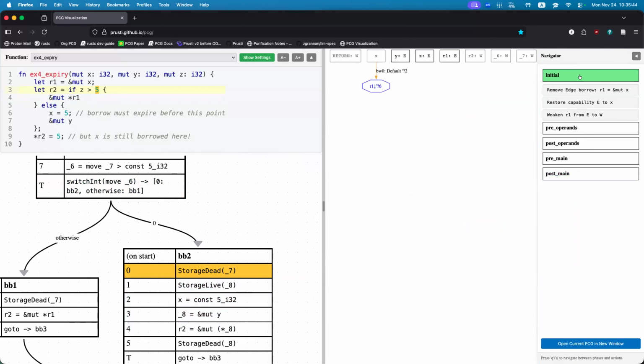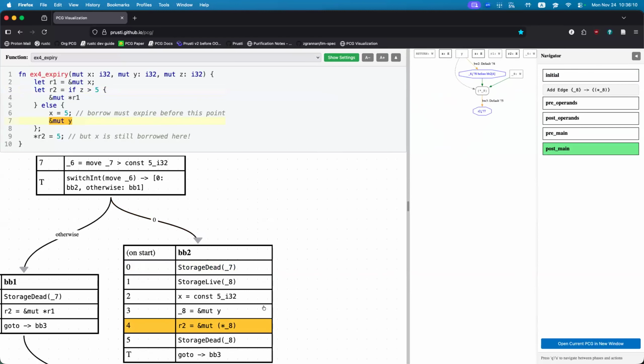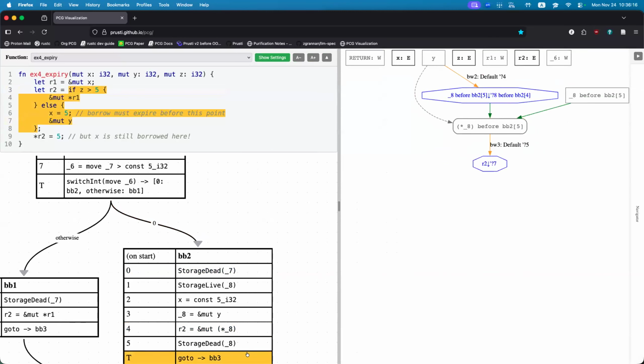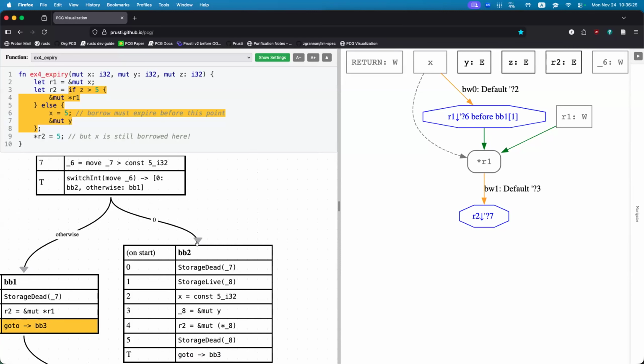So the first thing it did from the initial state that got inherited from the initial basic block is to remove this borrow edge, because the borrow checker has reported that this lifetime projection is dead at this point. And then if we go to the end, it creates these new borrows and reborrows for some reason into R2. So at the end of this, I'll make this bigger so we can see it. So we have one state of borrowing at the end of the else and one state of borrowing at the end of the if, and these need to be merged together in a consistent state